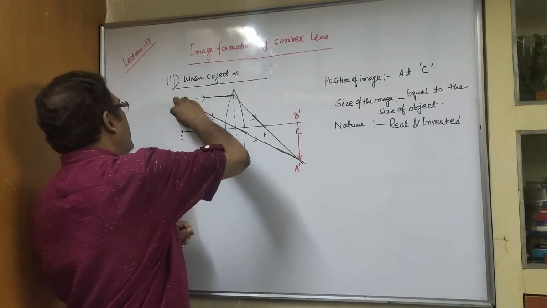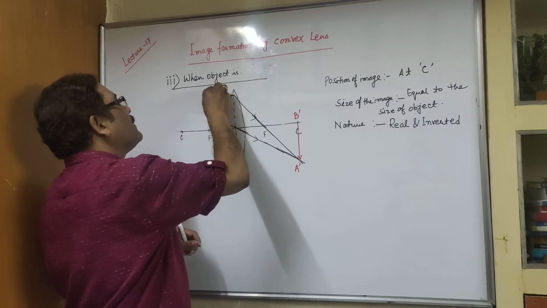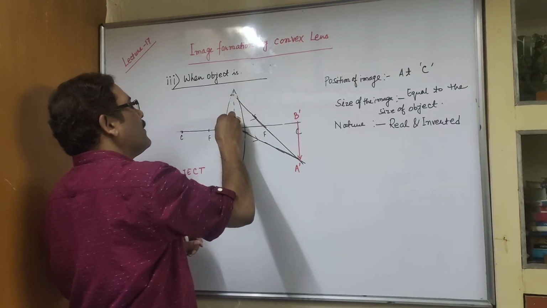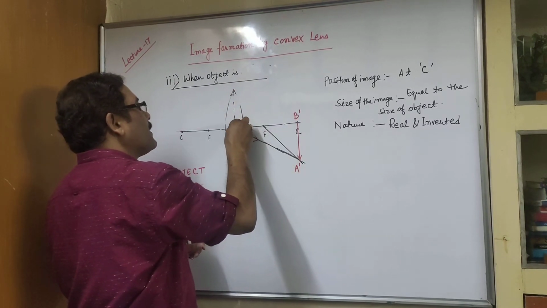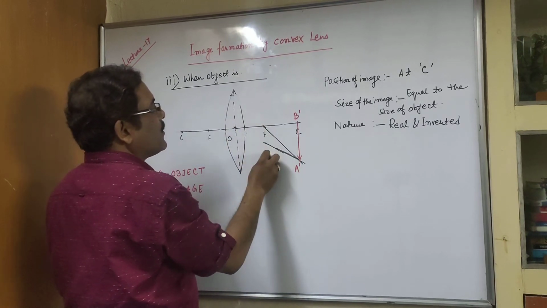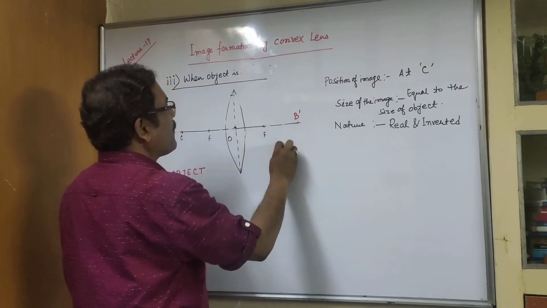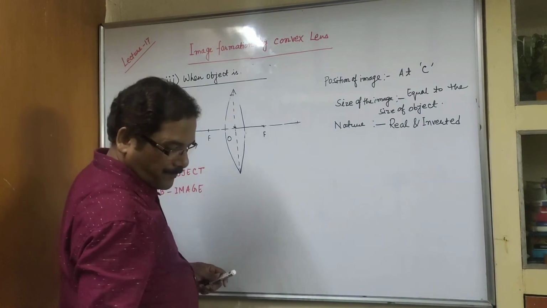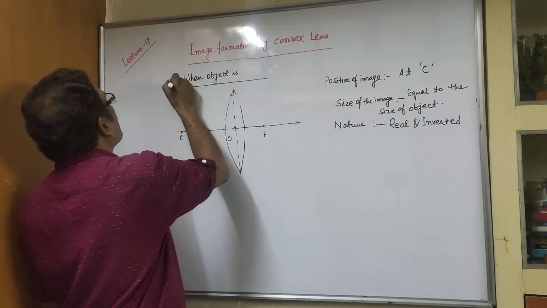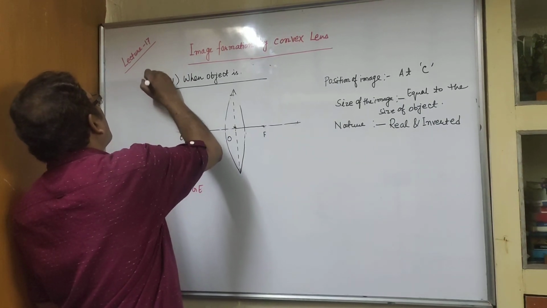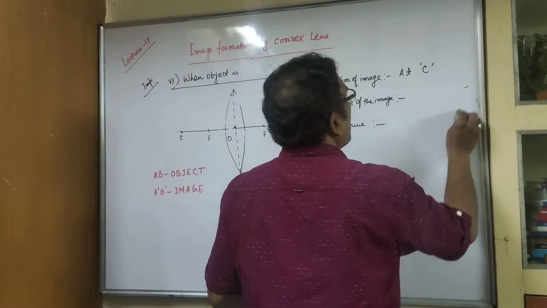I am just discussing the last case, which is very important, when the object is between O and F. So you start drawing a convex lens again. We have a lot of ray diagrams in this chapter and there is no way out. You have to practice because ray diagrams are a very important topic for the board exam. This is the last case, and it is a very important case. I am going to discuss this case because this is the only case where you are getting a virtual and erect image.